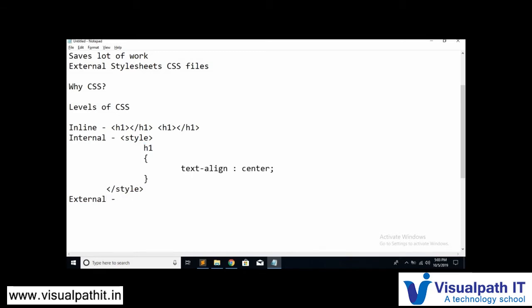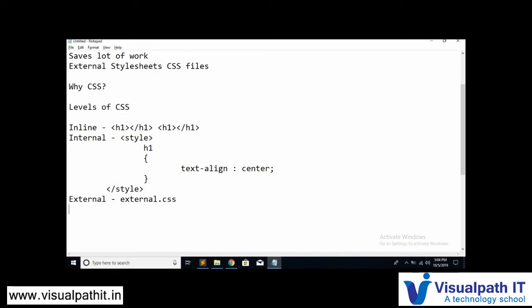Okay, now let's go for external. The first thing about external is that it's an external file. That's the reason it is called external. For that, we will save a CSS file in the same path or in any other path, in an external folder. For example, let's take the CSS name as external, and this file will be saved with a .css extension. Why is it known as external? Because there is no code inside the web page. It is an external document, actually a document with the name external.css. So this external.css file will be linked in the web page to which we are going to give the designs.